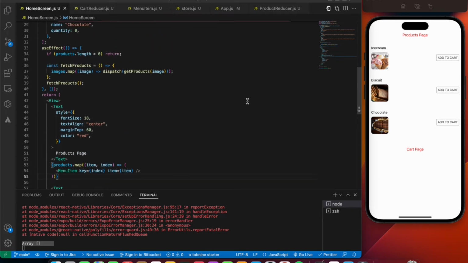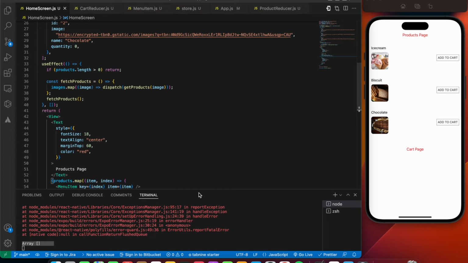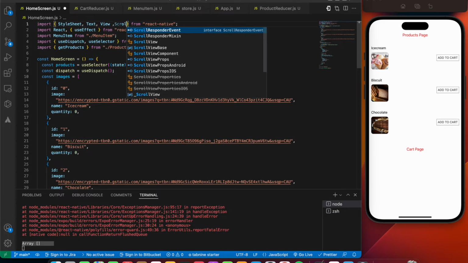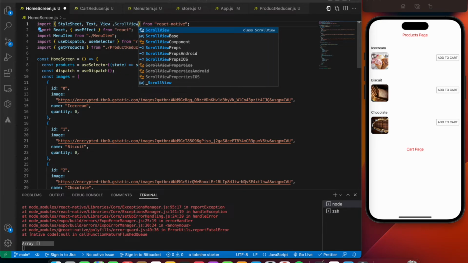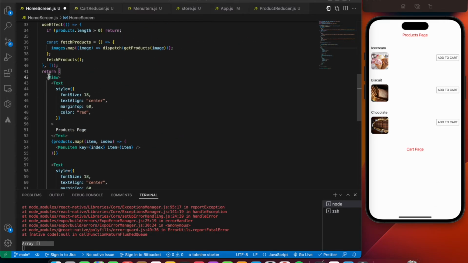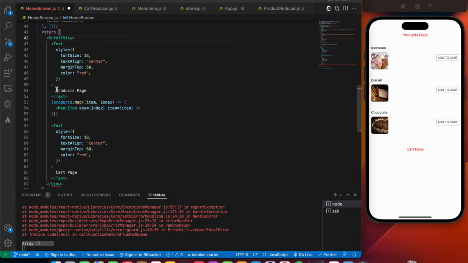Just to be safe, we'll be making use of the scroll view, because if we add more items into the cart there is no space to include three items. So instead of a view, I'll be making use of a scroll view over here, and the same thing over here.